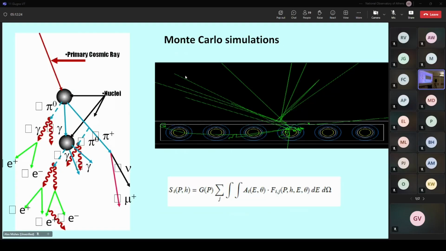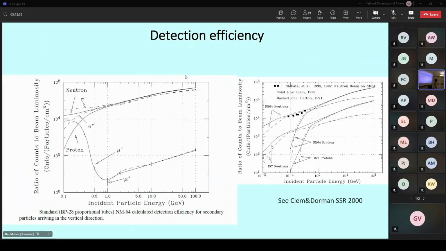This means that 3 single tubes that are separated by a large distance are less effective than 3 tubes that are together. The pioneering simulations were performed some 25 years ago by Clem and Dorman. Here you can see the registration efficiency on the left panel against neutrons and protons for a standard monitor, and on the right panel, compared with some measurements performed by Shibata-san